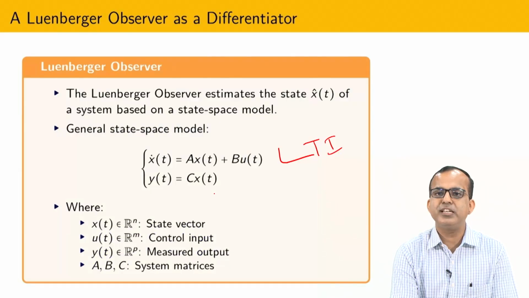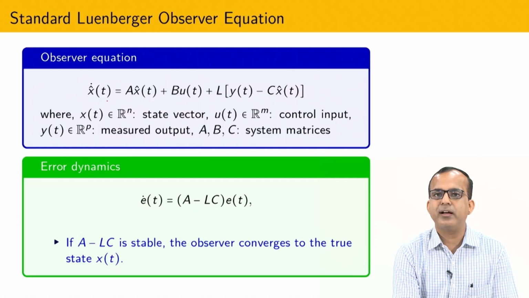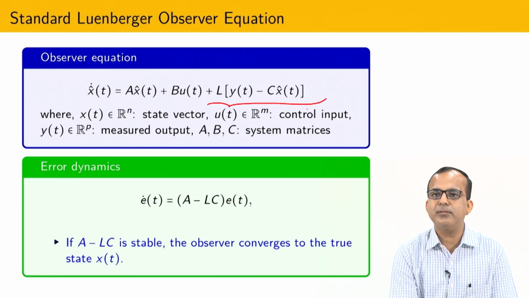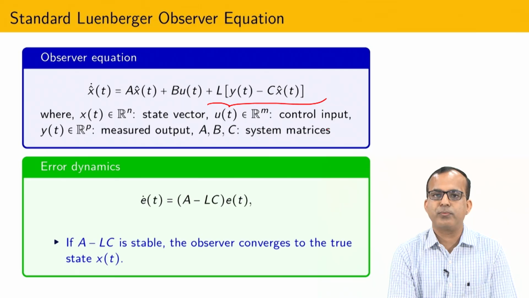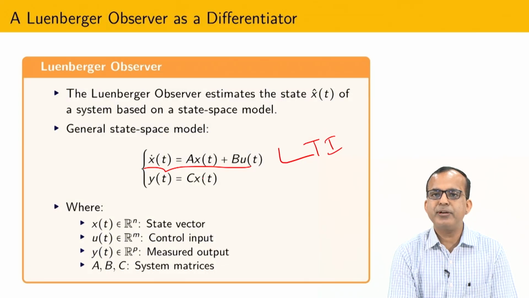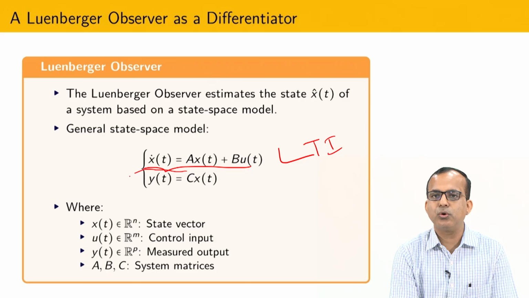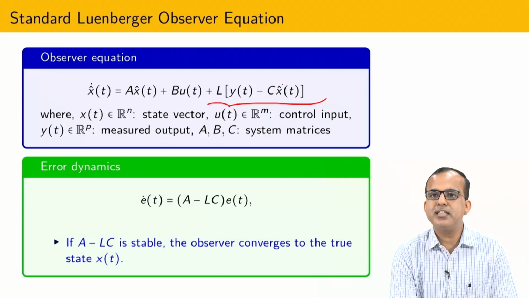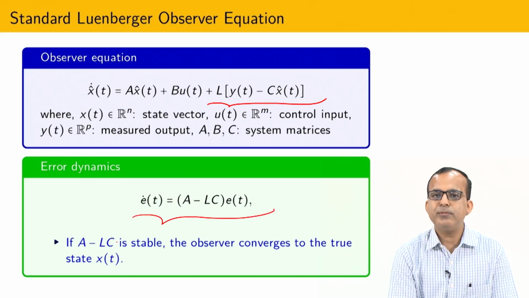You can just copy the dynamics. So I have copied the dynamics, and due to that reason I have written here A x cap and B u, and this is nothing but some kind of correction term that is based on the output information. Here I am assuming that output is already known to us, and this is the estimation of output, that is C x cap. Finally error dynamics comes into picture, and if you maintain A minus LC stable, it means